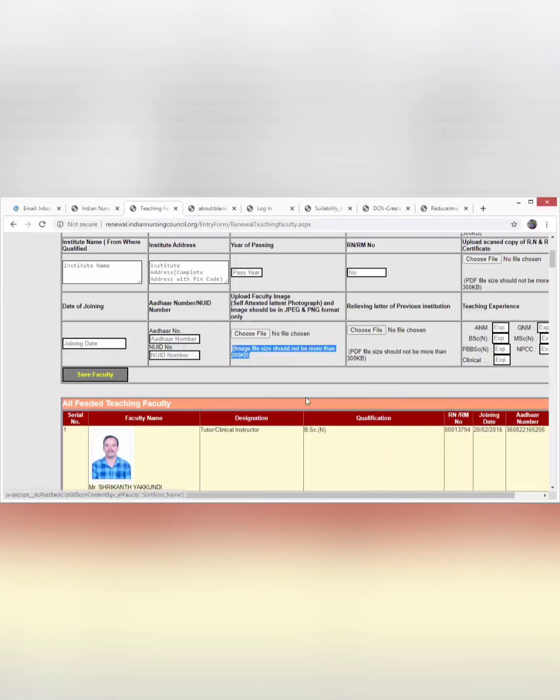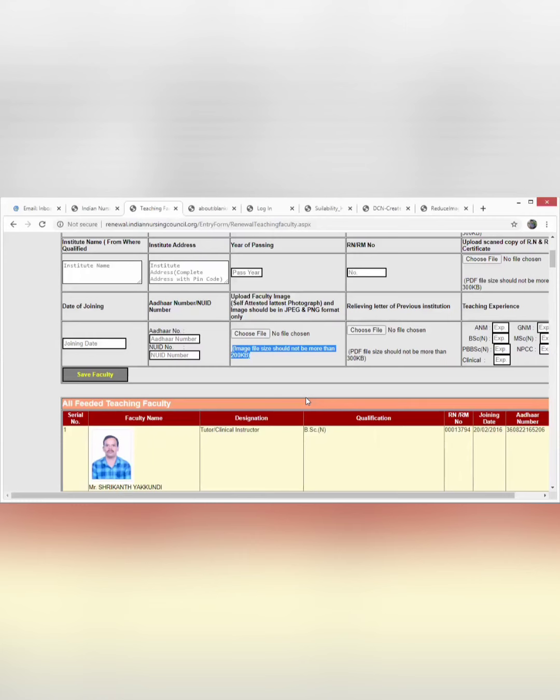And you all have a teaching experience here. So experience means, for example, one may have 20 years of experience in total, but out of this 20 years, how much they had A&M, how much they had BSc, how much they had post-basic BSc, how much they have clinical experience. Those experiences one should write irrespective of the experience they have got during their teaching and clinical experiences.